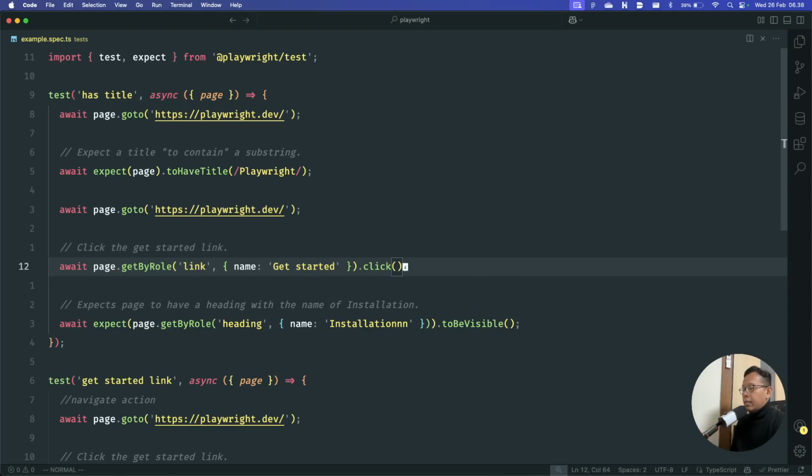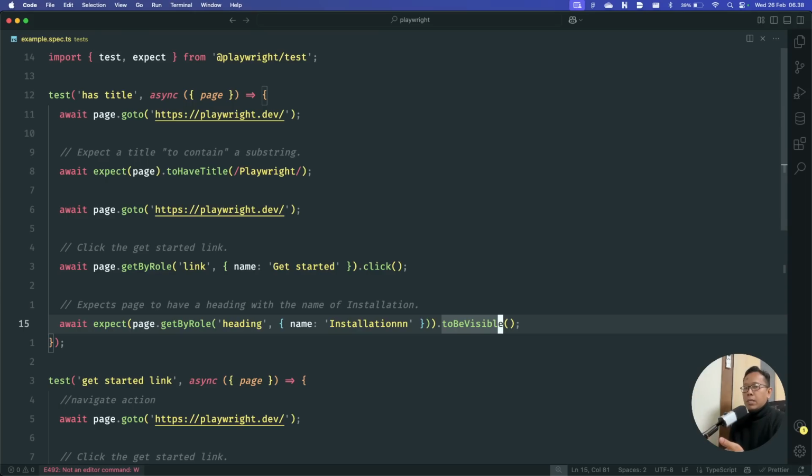And in the assertion, you will expect some locator to be something. That's how to do the basic work of automated testing with Playwright. So you go to some page, you find some locator, you do something with that locator,